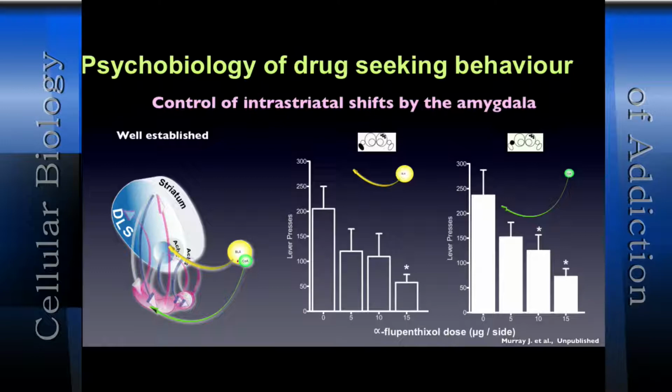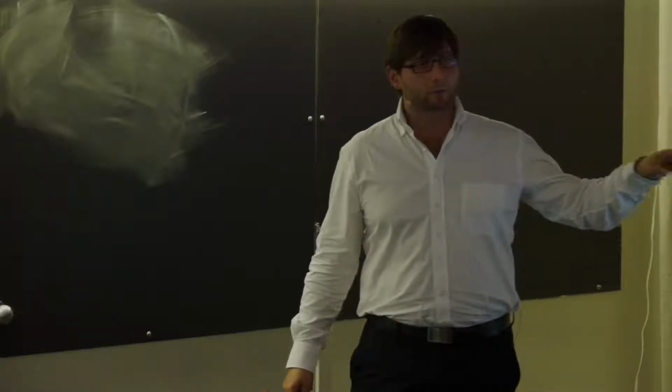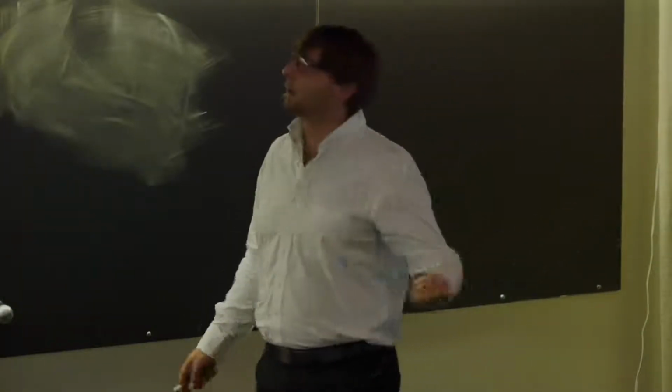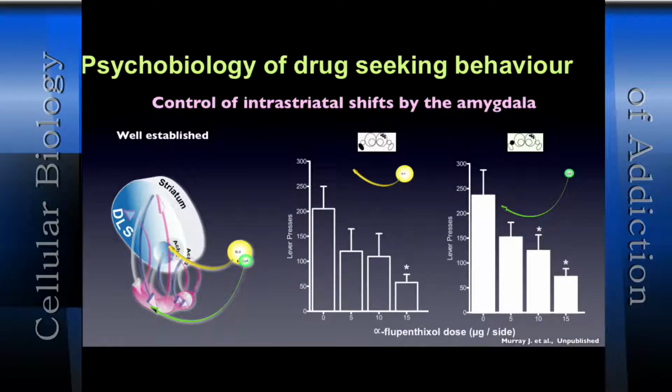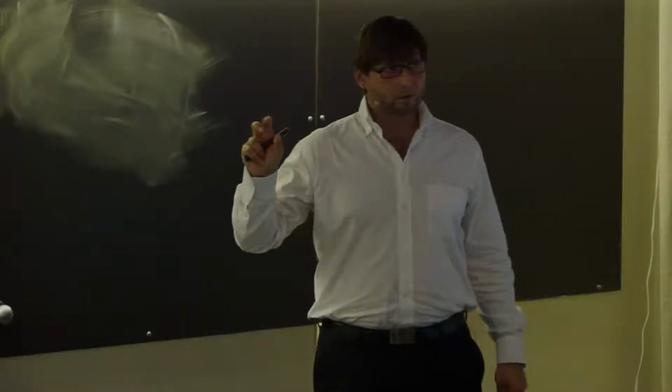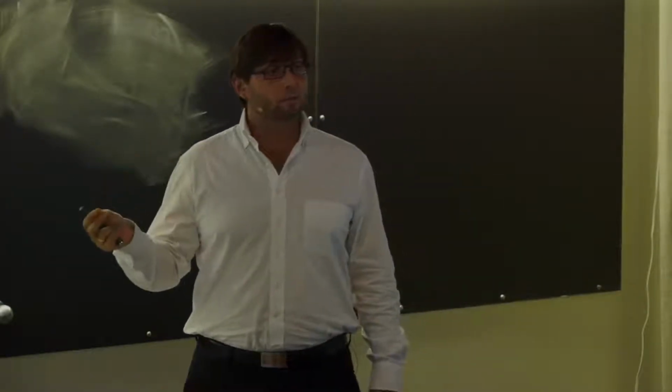Okay, so she performed a unilateral lesion of either the BLA or the central, and she combined this unilateral lesion with dopamine receptor blockade in the dorsolateral striatum in the contralateral side of the brain. And she shows that in doing so, you end up with a dose-dependent decrease in cue-controlled drug-seeking behavior, for both the basolateral nucleus of the amygdala and the central. So the two nuclei in the amygdala are necessary to recruit dorsolateral striatum-dependent habitual drug-seeking behavior.